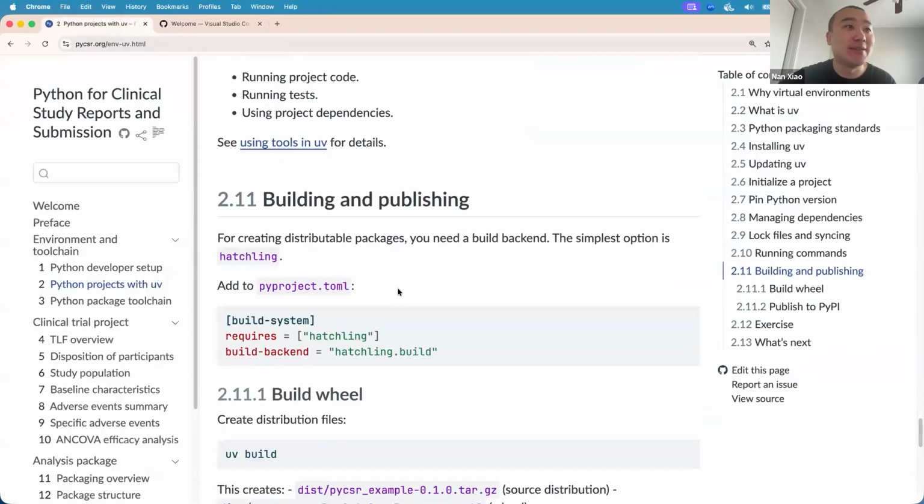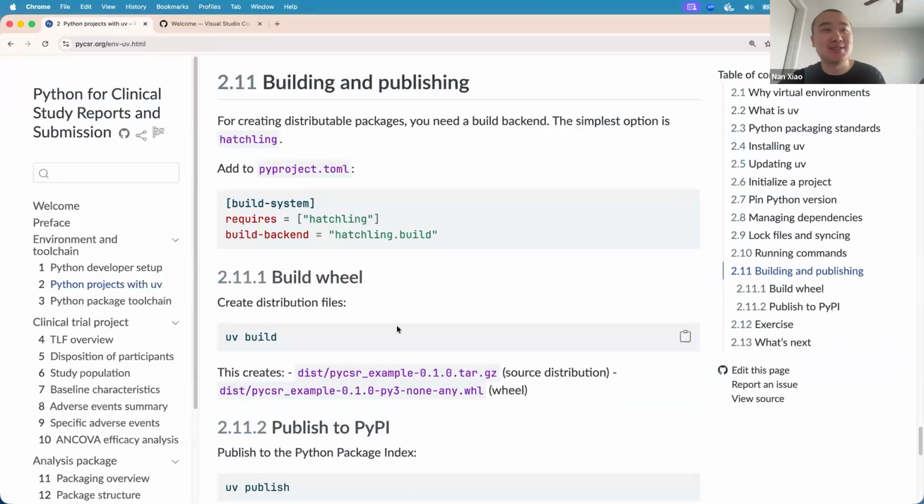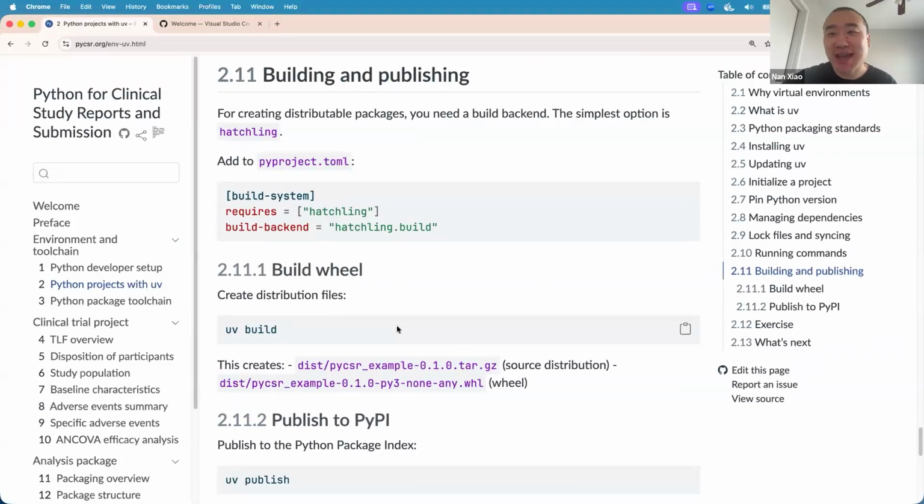And then you can actually declare your preferred build system. I personally use hatchling, which doesn't really give you too much to configure, but it works pretty well for my use case. However, depending on your use case, you might want to look into the build system options in the UV documentation, because there are a lot of things to configure.